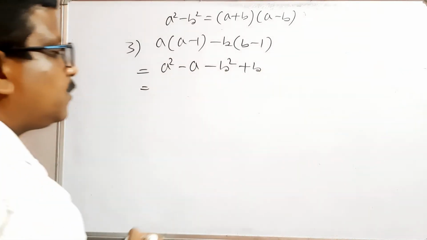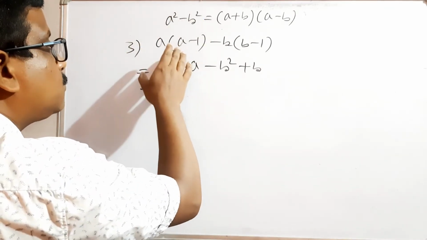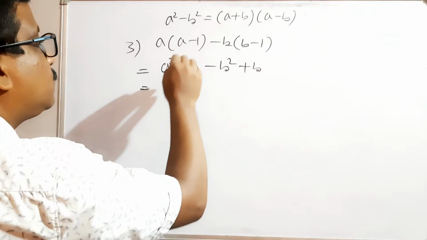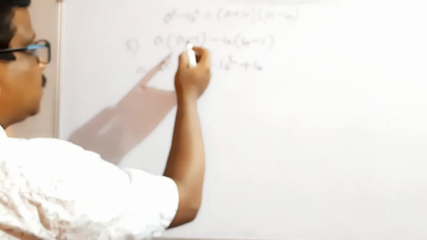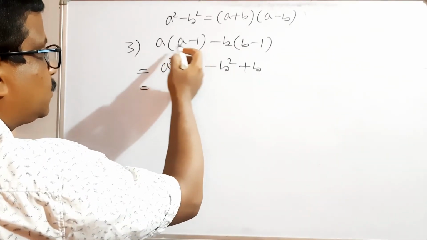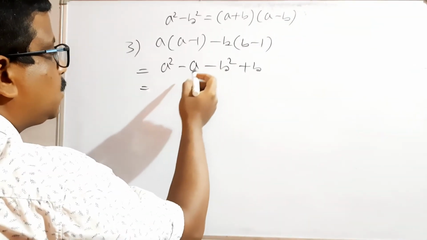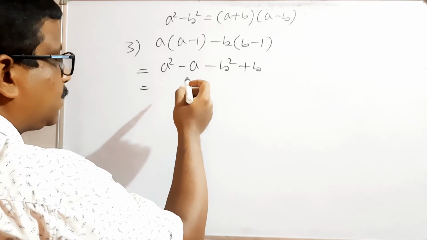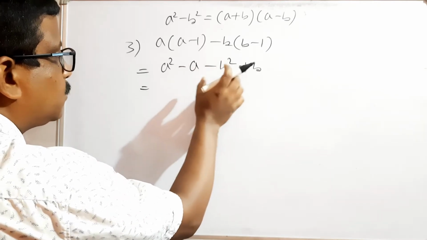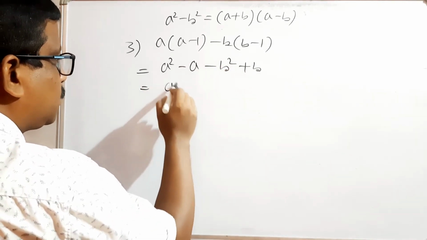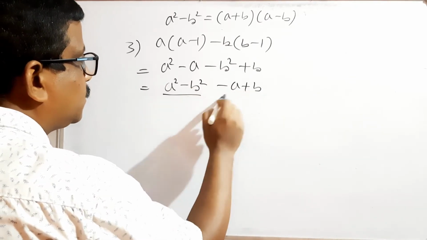Directly the question may not come, not given directly in the form a square minus b square. So first you have to change it into another form, then bring it to the a square minus b square form. Here also the first method is to take common factors. There is no common factor, so you have to multiply and make groups, like in the second exercise of the first video. By making smaller groups: a square minus b square is one group, then minus a plus b is another group.